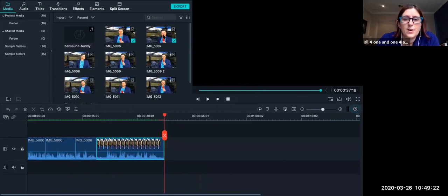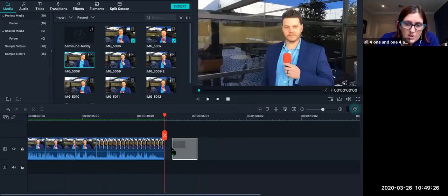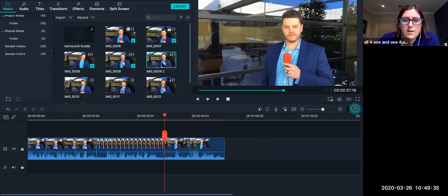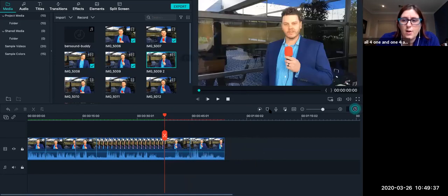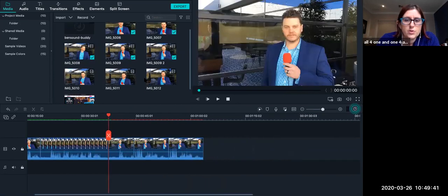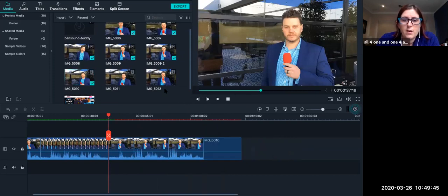All right, so 5007 is in there. So now I'm going to drag in 5008. Just drag it, snap it next to it. I don't have to have the red line at the end. I can just go 5009. I don't know why I have a 50092, but it doesn't matter. Maybe it's a version 2. Could be the same video, I'm not sure. 5010, 5011,